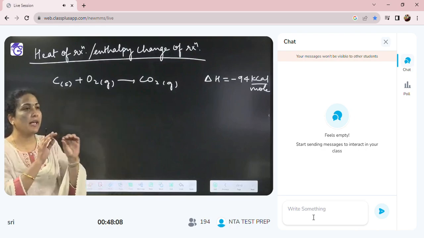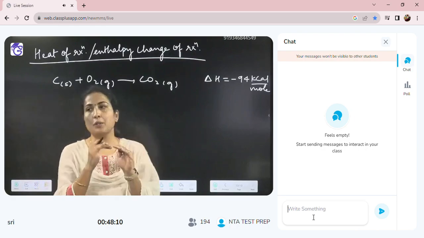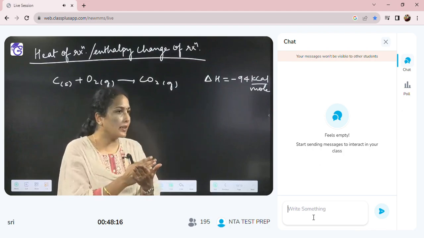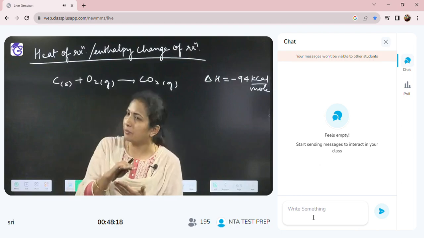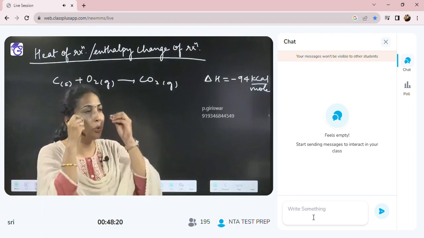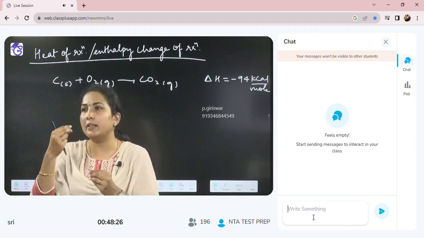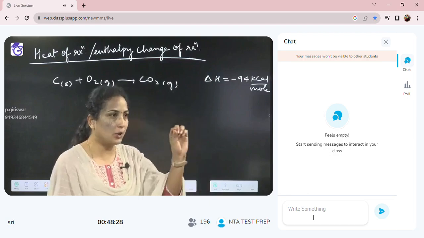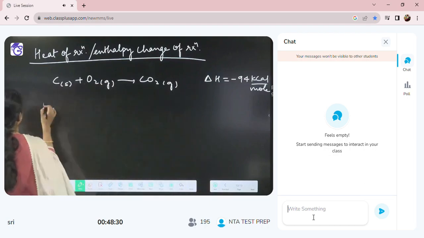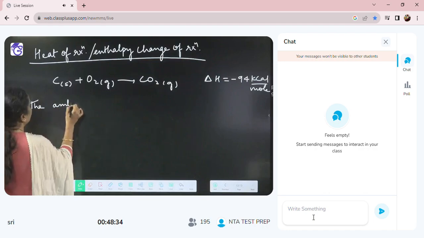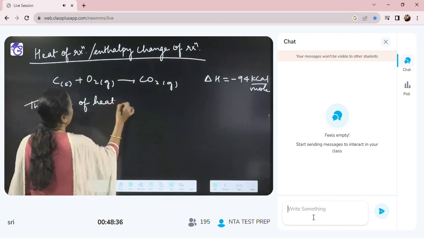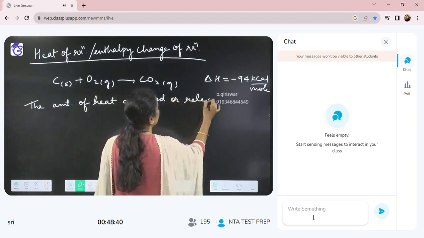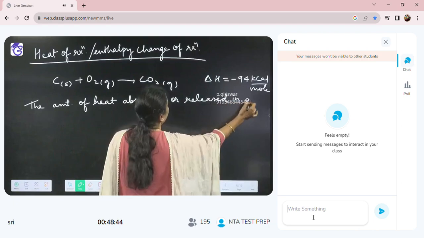So whenever you are carrying out a reaction, that reaction will be happening at a particular temperature and pressure. So can I say all the reactants and products are present under the same temperature and pressure condition? So during that time, whatever is the amount of heat liberated or absorbed, that is basically known as heat of reaction. So I'm simply writing one equation here, so I can write down the amount of heat absorbed or released in a reaction